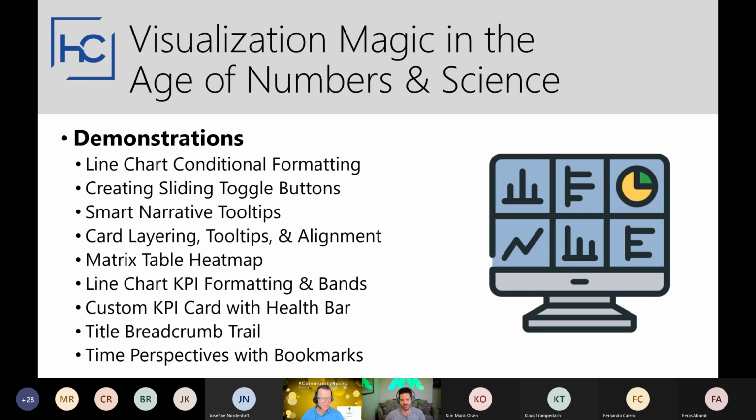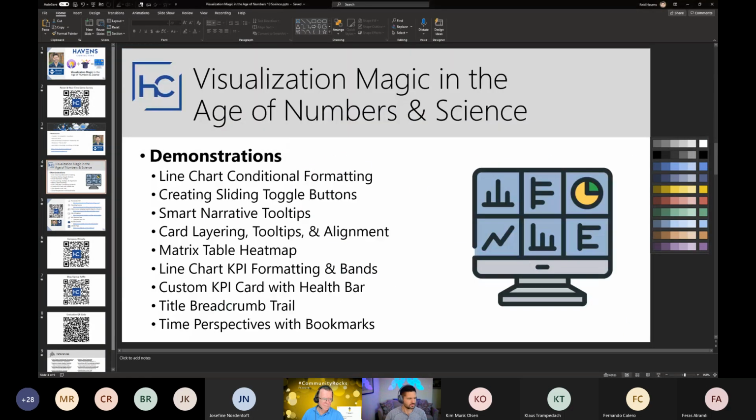I will have a link to my PDF that will also have hyperlinks to consume this content in other places for some of the other demos that you see listed in here. But we will get through as much as we can. And then at the end, I will have some references and links, like I said, for you. But overall, this will be primarily demo driven. So I'll go ahead and exit out of this and switch into just talking about some really cool things in Power BI.